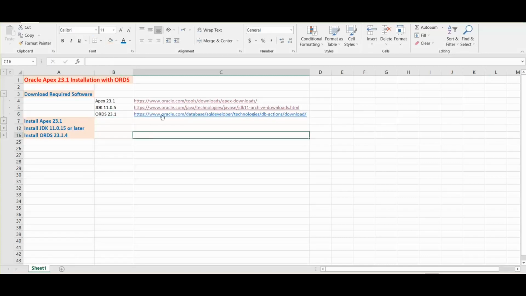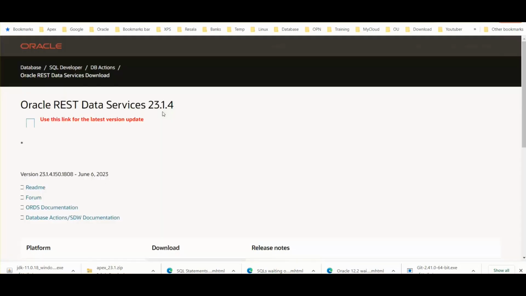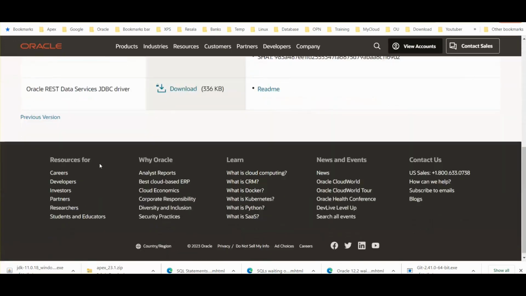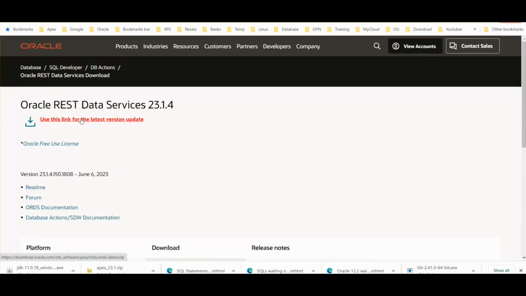Then we will download the last required software component, which is Oracle ORDS. We will also stage it under the directory d\apex. Also, we will create an empty folder called config under the ORDS subdirectory.